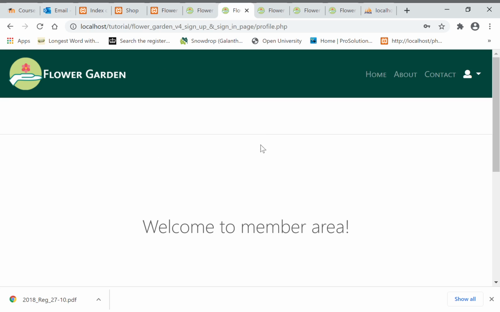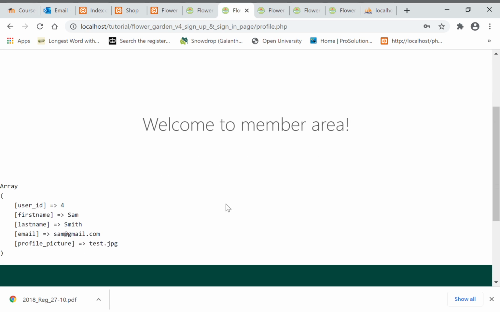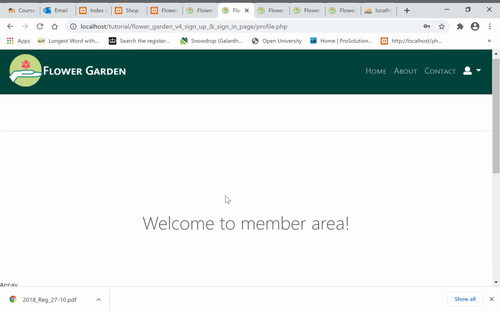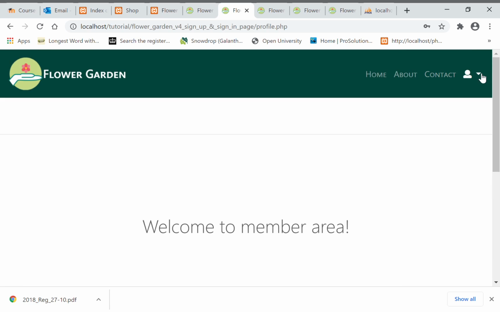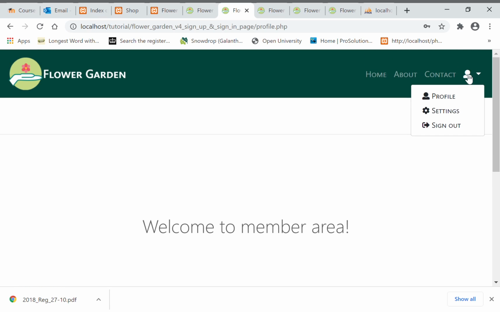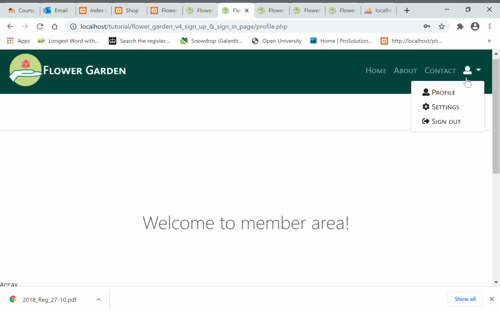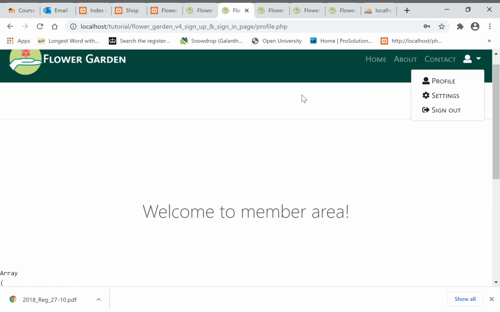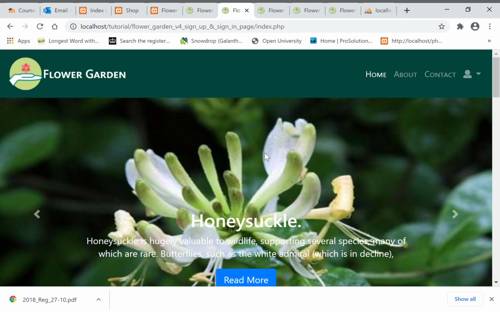So when you sign in, it's going to take you to the member page. The member area page is, at the moment, very lame, nothing is there. But we notice that on the menu, I have this drop down menu, and it shows that the member is logged in. You can go to profile, sign out, settings, whatnot. If I go to the home page, it looks like this. If I go to inspect element,